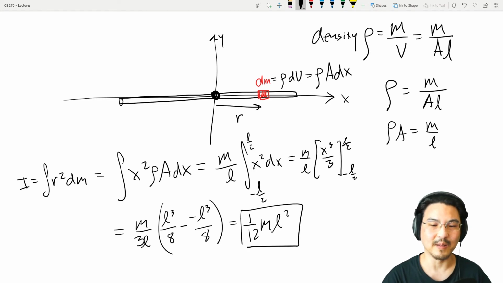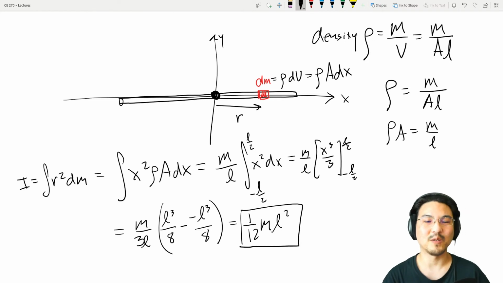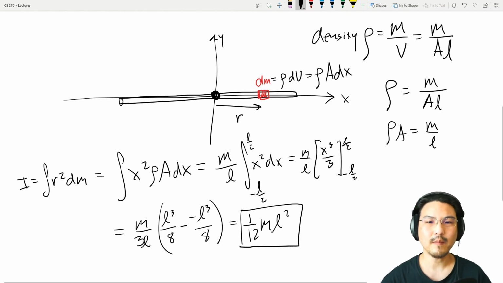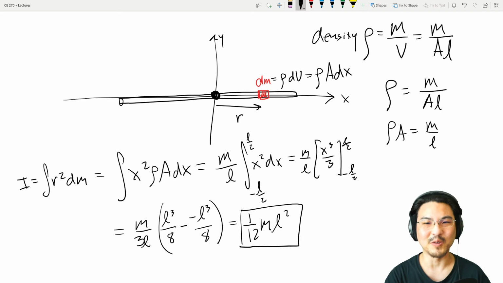Okay, so this is the mass moment of inertia of a slender bar about its own center of mass. So this is true for any slender bar. So you could just jot this down and memorize it if you want, because it's always true for any slender